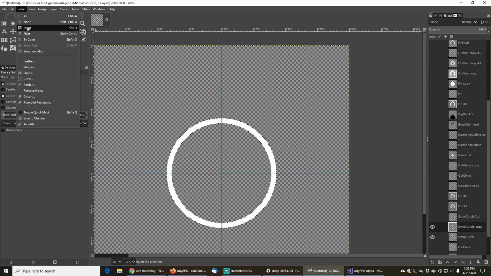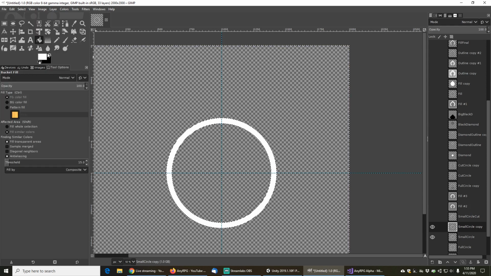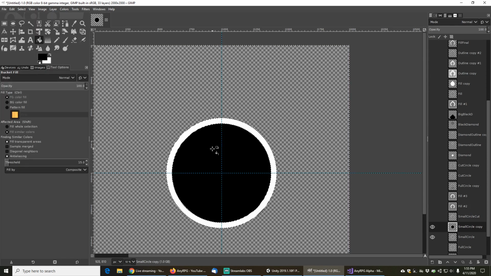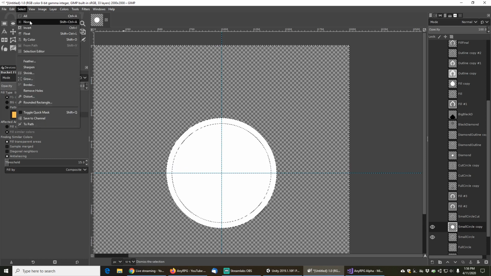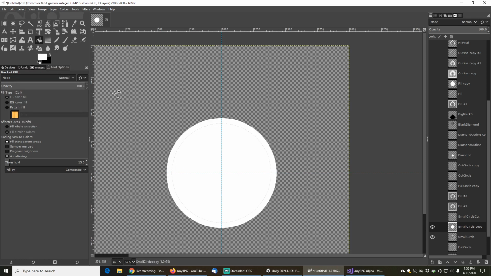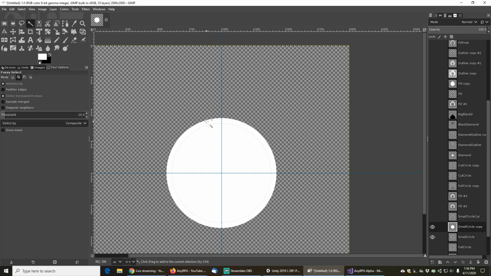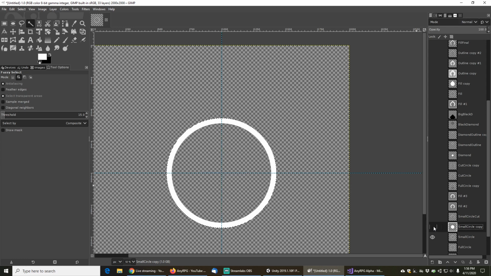We will invert the selection, go to the paint bucket tool, paint some black in the middle, swap that, paint some white in the middle, go select none, then magic select the entire thing, remove it,